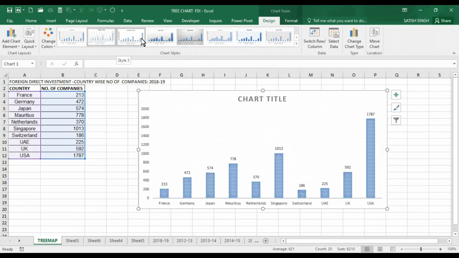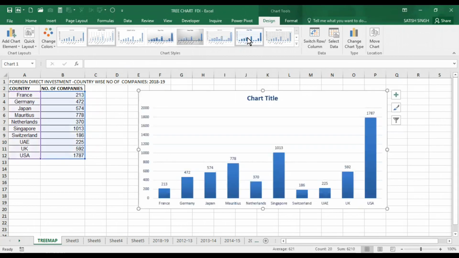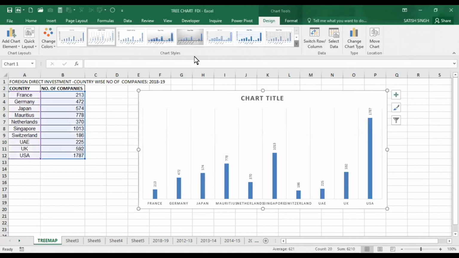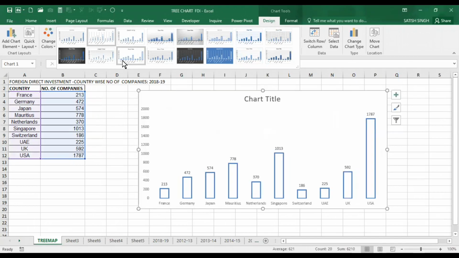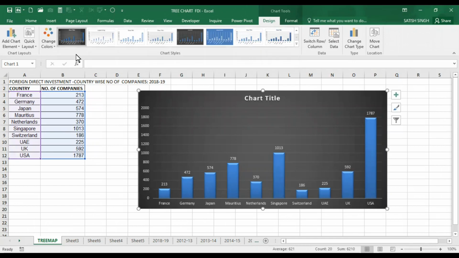There are so many options you can explore, and I am choosing a black background theme, which looks good.